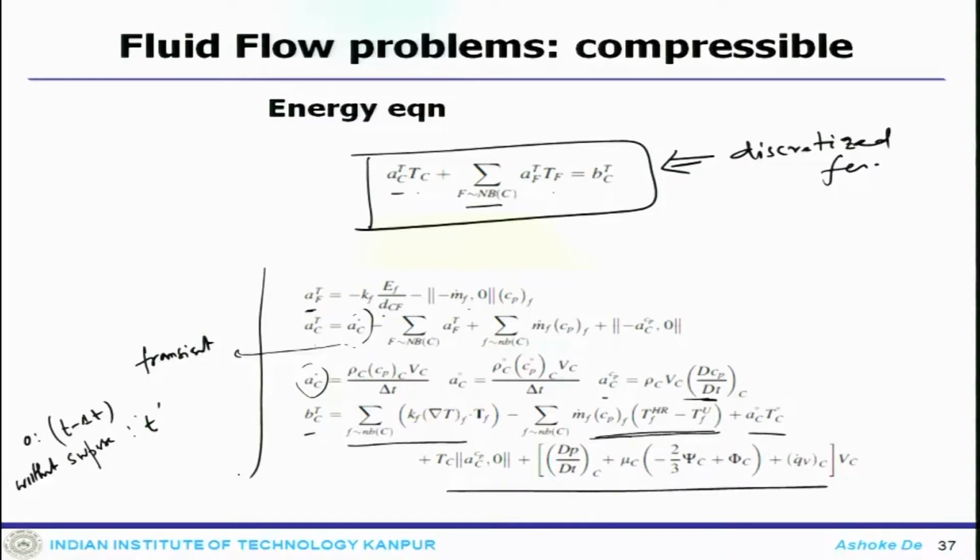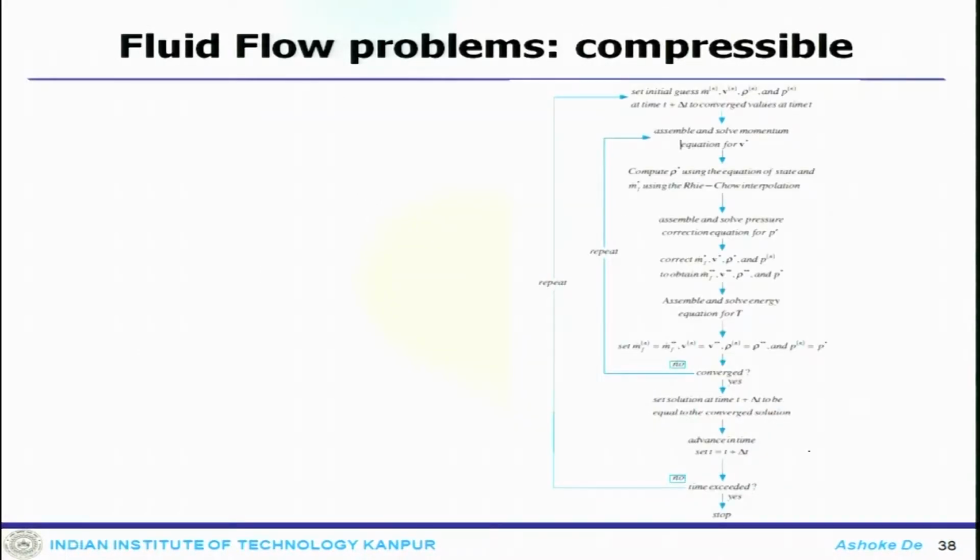So, now if you look at the coefficients here, they are a bit involved, and why are they a bit involved? The reason is the compressibility. Since it is a compressible flow, the pressure, density and the other quantities like Cp are connected and one cannot neglect one from the other. On top of that, you come across this special material derivative or substantial derivative term in your discretized equation.